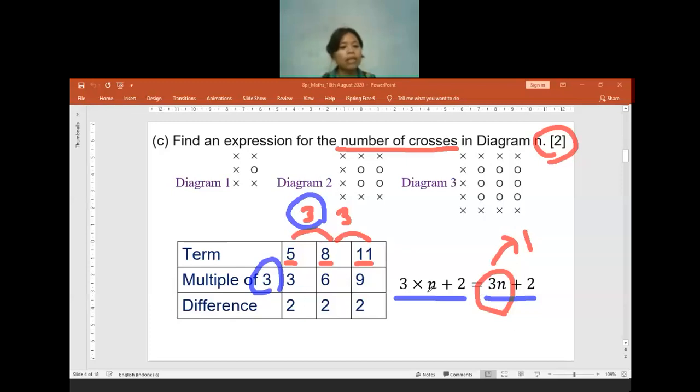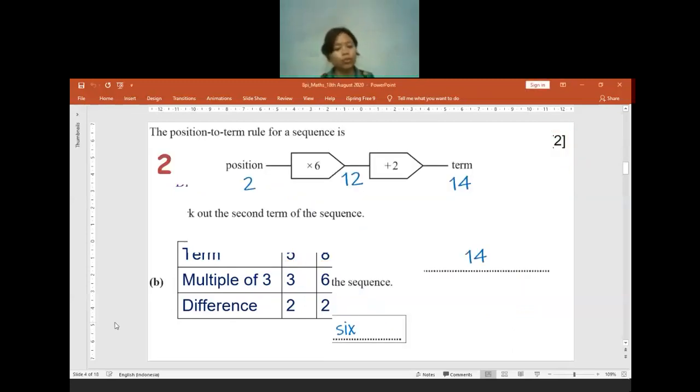Is there anyone else having any question before I move to the question 2? You can unmute yourself and directly tell me which one is your queries, or you can type anything through the chat box as long as it is related to the maths class. I'm reading the chat box. I just do not type the answer through the chat box. No question, yeah? Okay. If you have no question, I will move to the question 2.